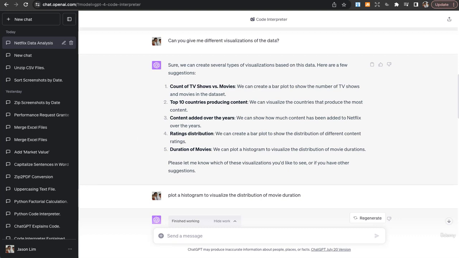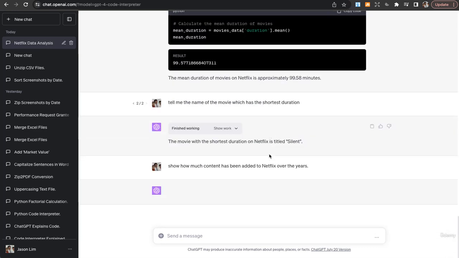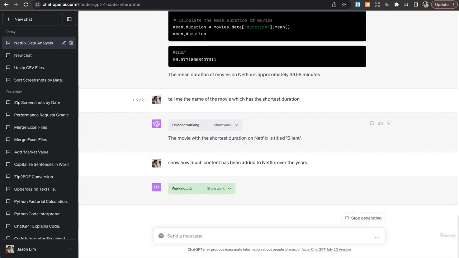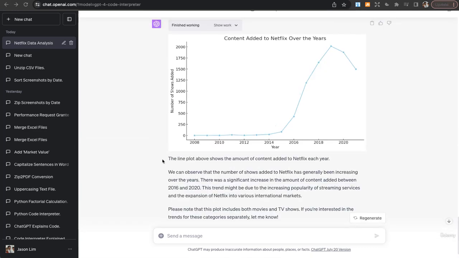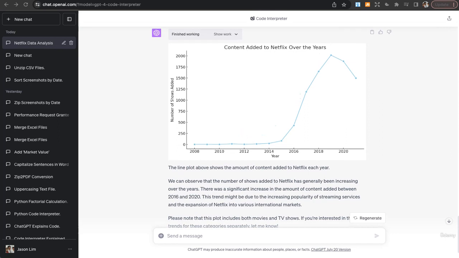Okay, now let's look at some other visualizations. We will look at how much content has been added to Netflix over the years. Okay, so I will do this: show how much content has been added to Netflix over the years. Okay, let it run. Right, and it gives us a line plot that shows the amount of content added to